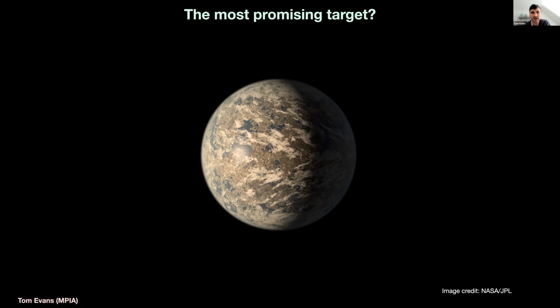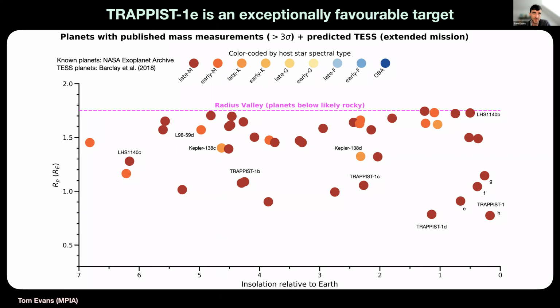Then in terms of the best transmission spectroscopy targets, basically, we'd want a transiting planet with an unambiguously rocky composition orbiting a nearby, preferably small star. Since the measurement will be extremely challenging to make, it's important to carefully consider the list of possible targets. So let's look at TRAPPIST-1e within a broader context.